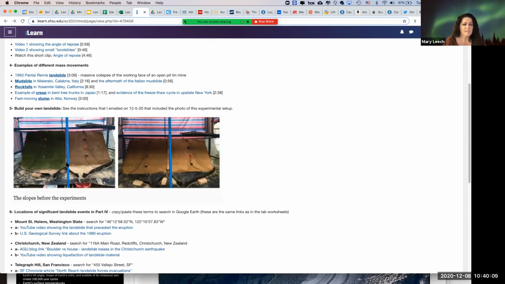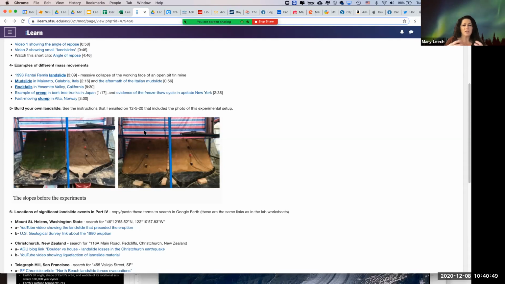I gave you some ideas for building. This is the best image that I could find, kind of like the before images of what your landslide experiment might look like. These are clearly done in a lab setting. They've got sensors in them, or those might be sprinklers. I'm not sure, but they've covered the soil with grass here, and it looks different. I didn't find how these three were different, but they look different. So you're just building one.